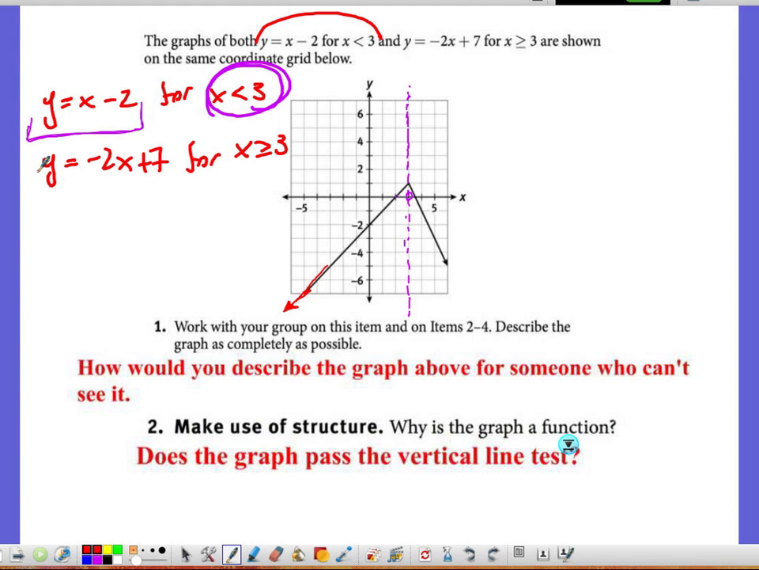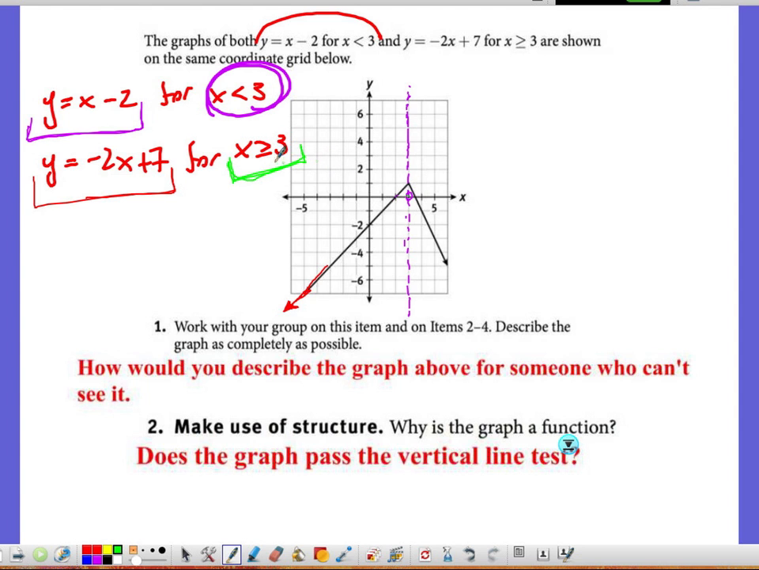Alright, let's take a look at the second function rule. So here's our function, and here's the domain restriction. Now let's go ahead and read that. Again, we have x is greater than or equal to 3. So right at my x-axis, right at 3,